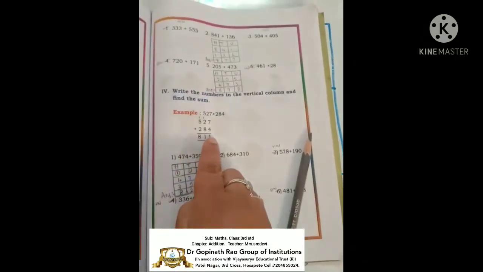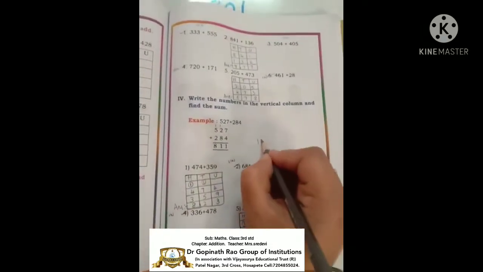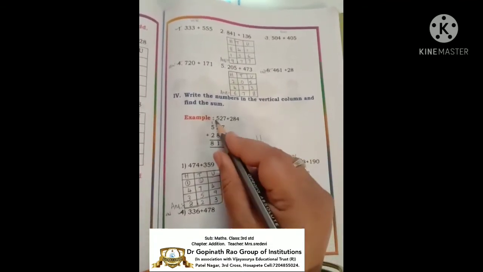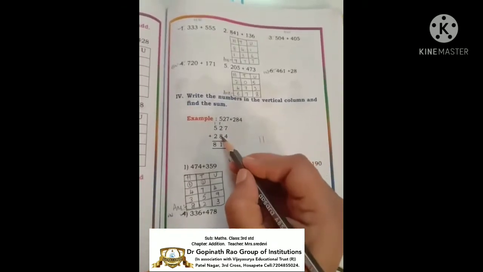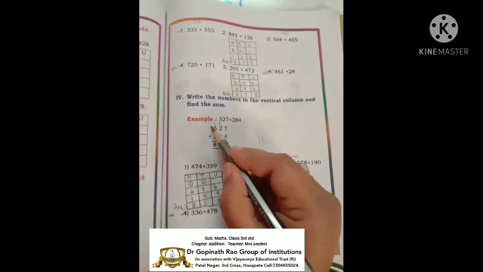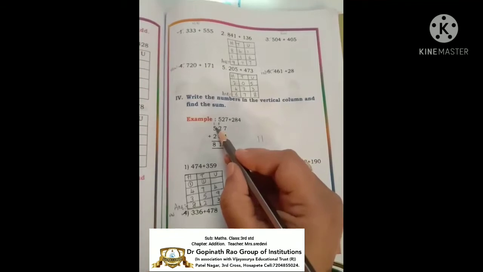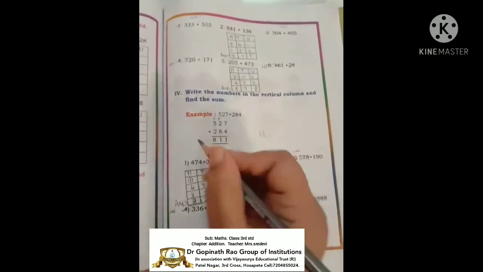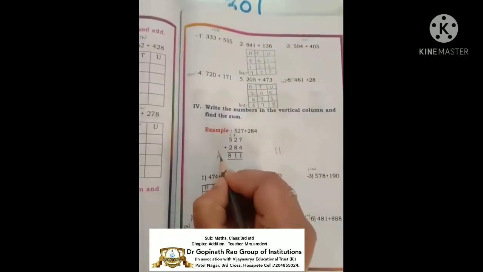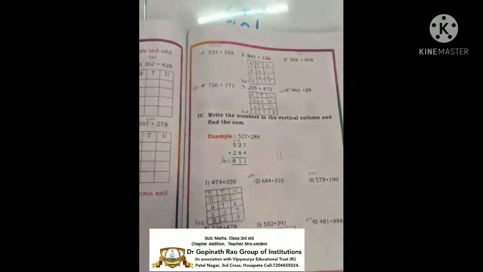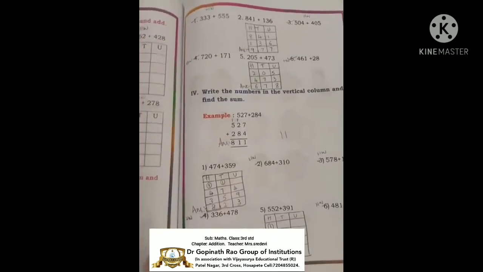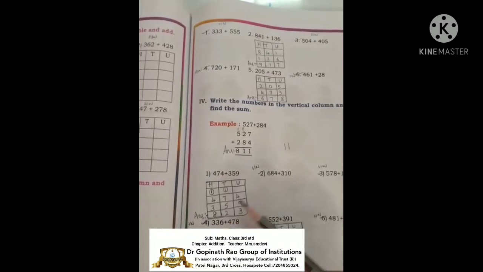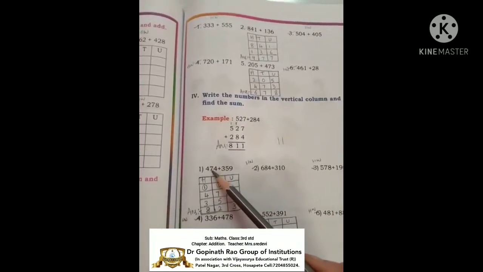See 11. So what they have done? See how to write 11. See, 1 always here, and this side 1 which is carryover here. So bigger number is 8, 9, 10, 11. So 11. 5 plus 1, 6 plus 2 is 8. So answer is 811. See children, without box also you all can do, but with box also you can do. Okay. Here next, what is the question here?